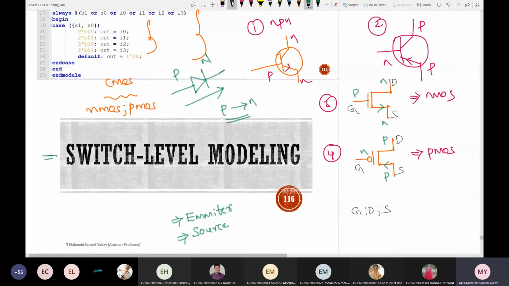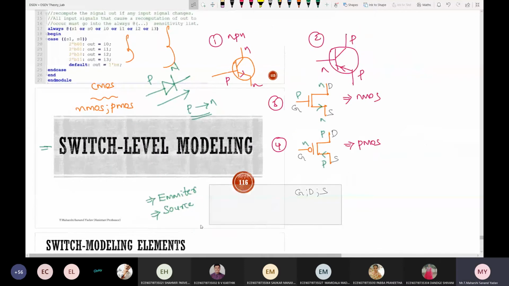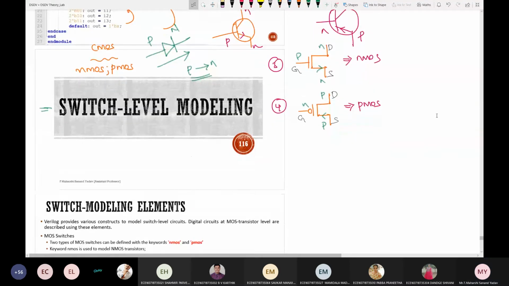Now tell me the on and off conditions. Those who have attended my first class will definitely tell me the answer. On and off conditions for NMOS and PMOS. It should be 1 or 0. Input voltage of the transistor must be 0 for on. For NMOS or PMOS? For NMOS it is 0. Wrong. I told you to remember one concept.